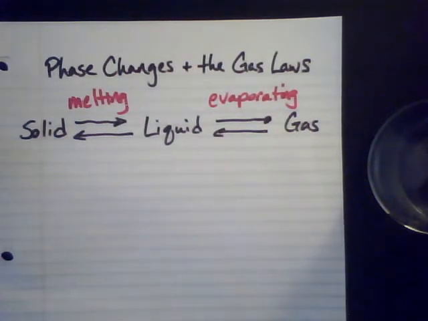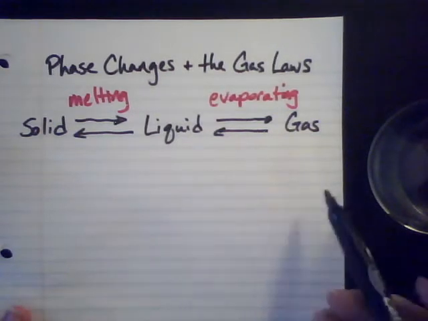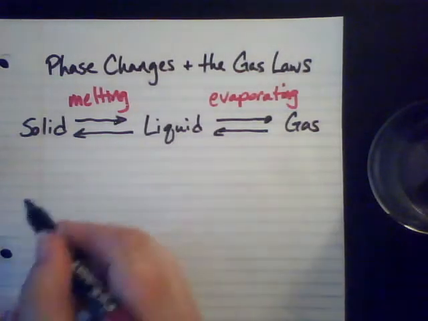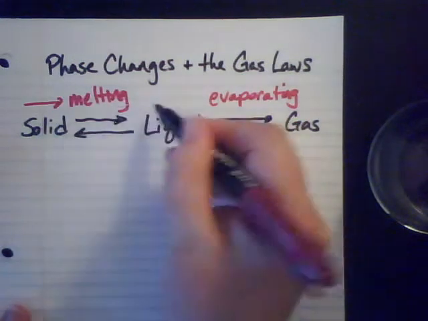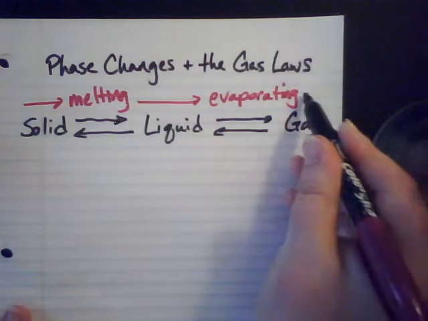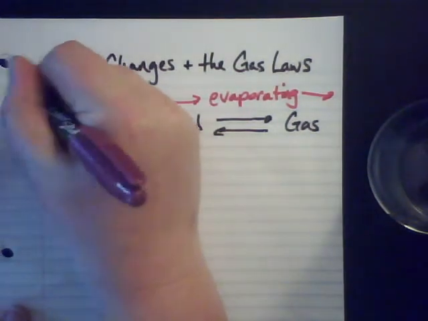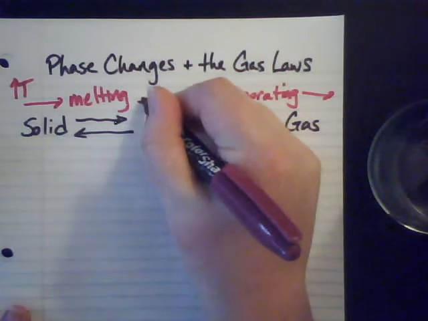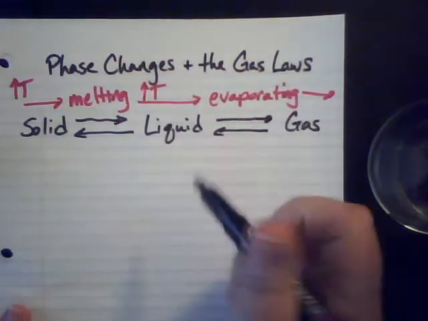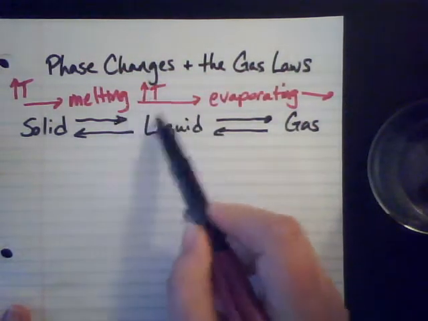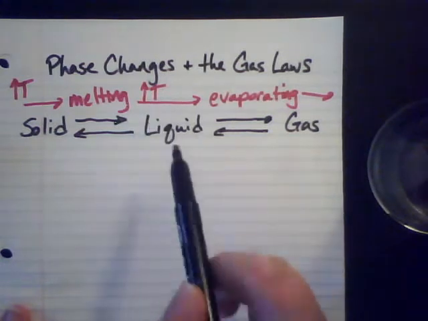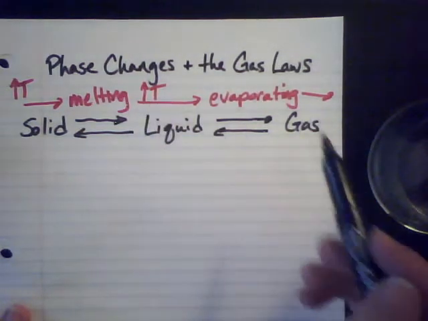So if we're going from a solid to a liquid, liquid to a gas, along this spectrum here, then in order to get from one phase to another, we have to put energy in, or rather we have to increase the temperature going this way. We have to increase the temperature. I'm just representing the increase in temperature with my arrow there going up, and then the T for temperature.